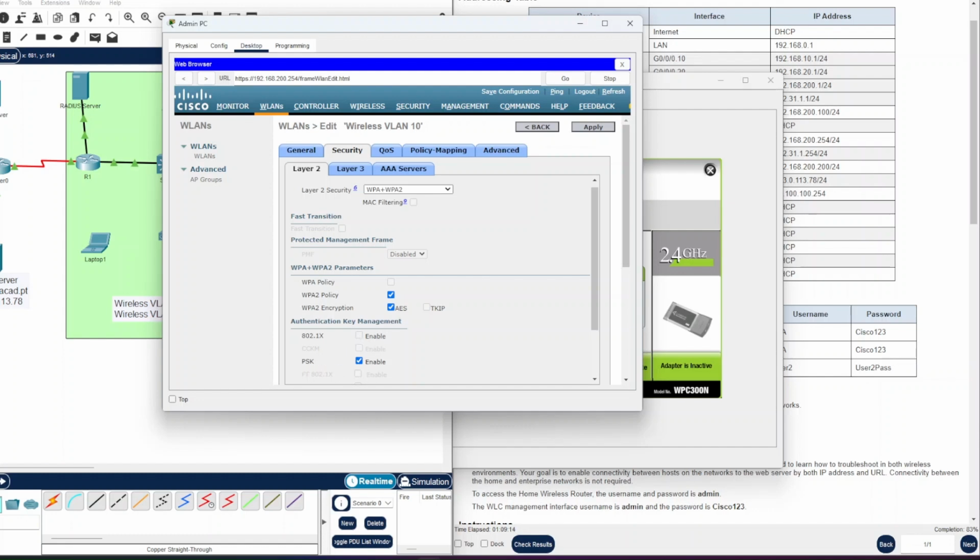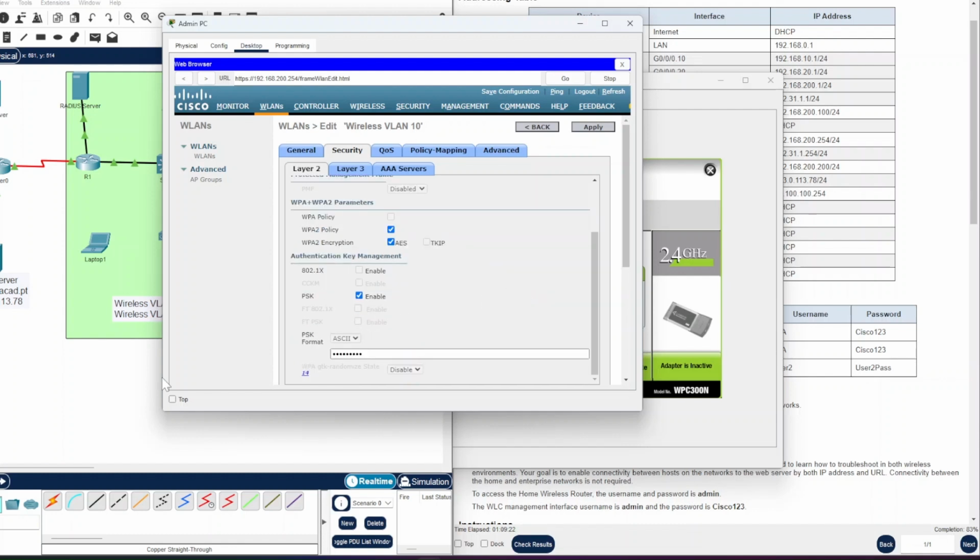So you want to enable PSK. Before it was enabled 802.1x. Now it's PSK. So we enabled PSK. All right. Now the password here is gonna be capital C, Cisco 123. All right. Now once you do that,